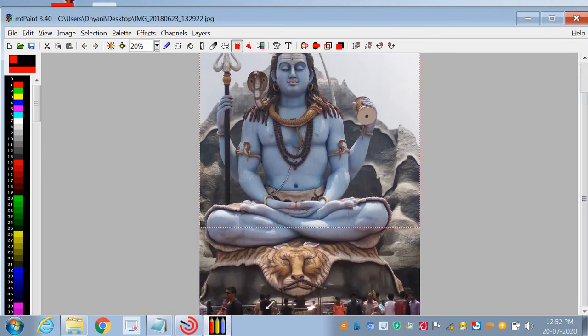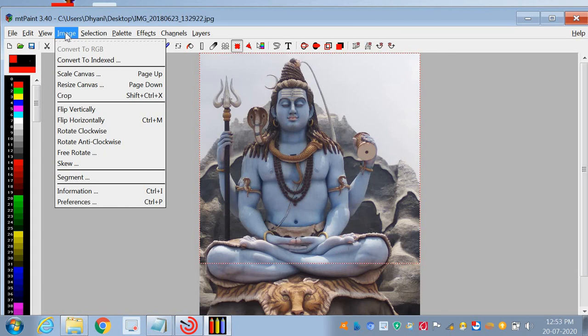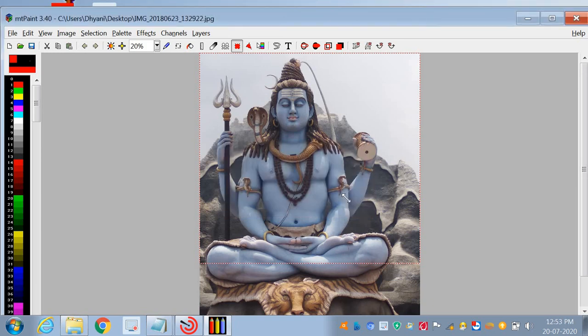In this image, I just want to remove these people and I want only Lord Shankar. So here what I am doing now, I just click on the image option. Then I click on the crop option. Why? Because from here I crop my image.